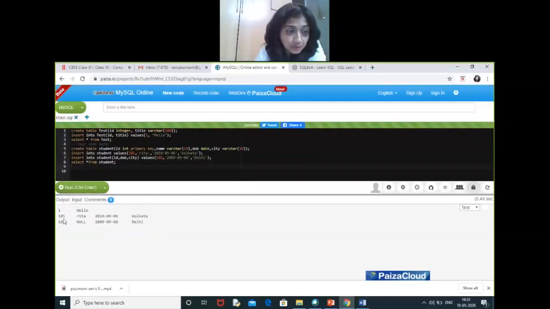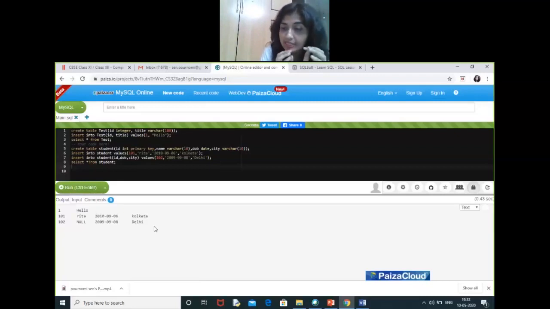As you can see, two rows are getting printed. 101 Rita, date of birth, Kolkata. In the second case, 102, we have not provided a value for name, so it is printing null, then date of birth and Delhi. It will print null if we do not provide a value for a particular attribute.